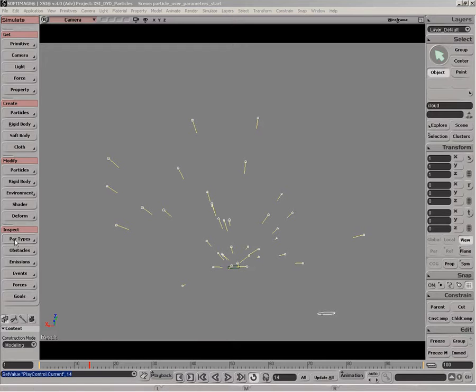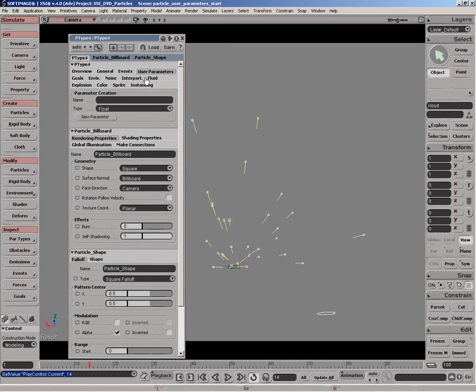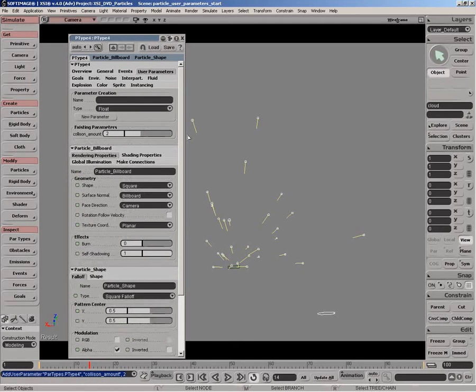And the way we can go about creating custom user data is through the P type. And we can actually specify on the user parameter tab different parameters that get attached to particles. So for example, here we can select the type of parameter we want. As a simple example, I'll just put in here collision amount and create that. So that creates a new user parameter on the P type,